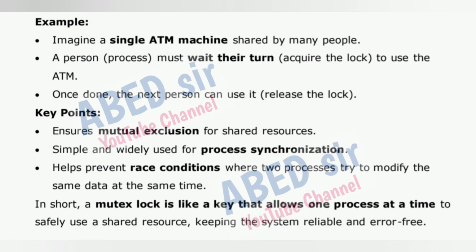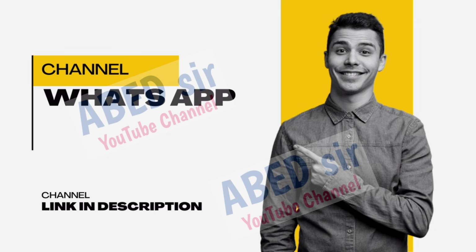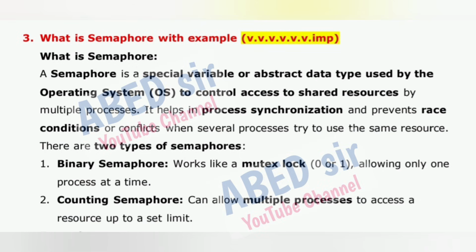In short, a Mutex lock is like a key that allows one process at a time to safely use a shared resource, keeping the system reliable and error-free. Next important short question is: 3. What is semaphore with example? What is semaphore? A semaphore is a special variable or abstract data type used by the operating system, OS, to